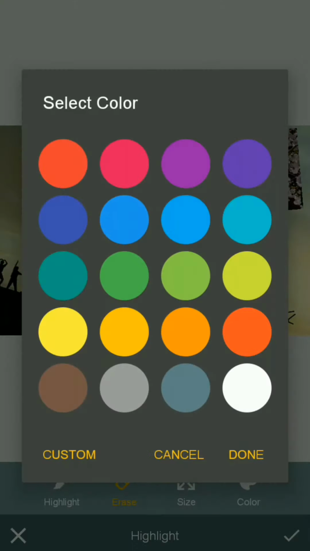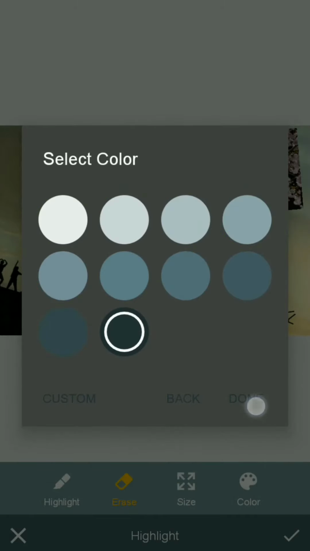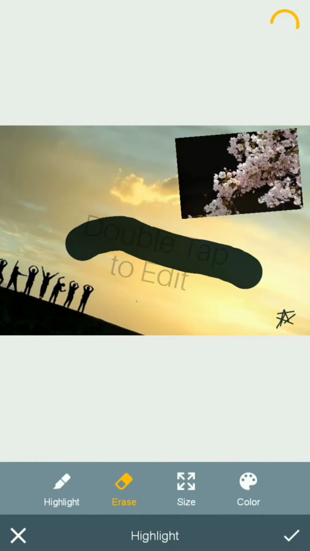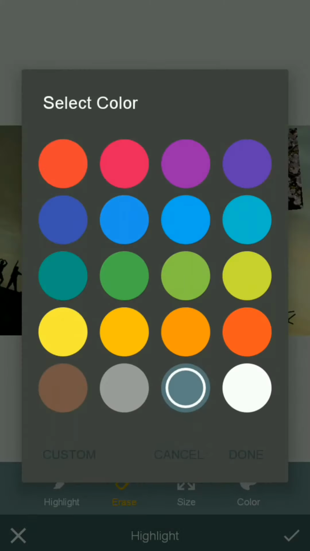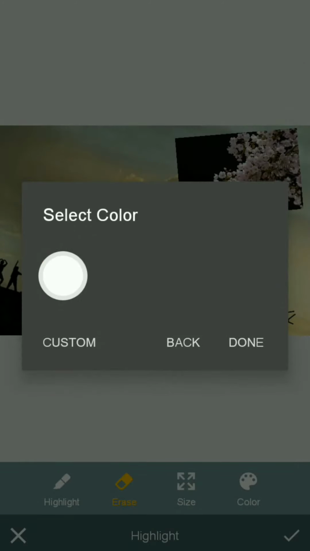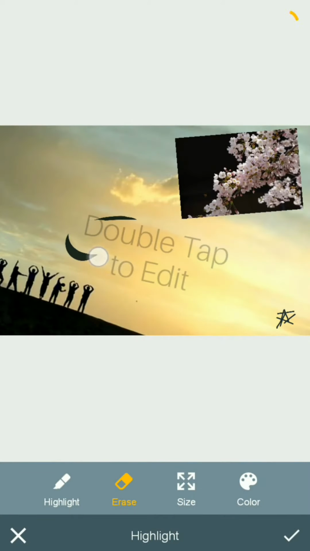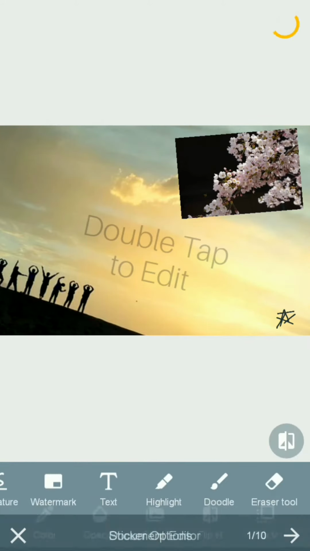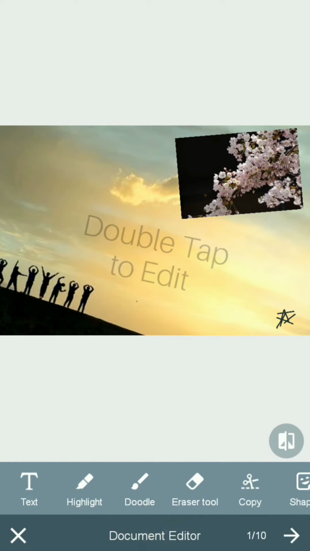You can even change the color of the highlighter as you wish. I am changing to black. This black has very low opacity, so I think white will be a good one. Okay, every black highlighting has been erased. Okay, then after that,